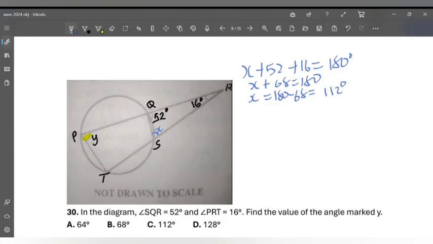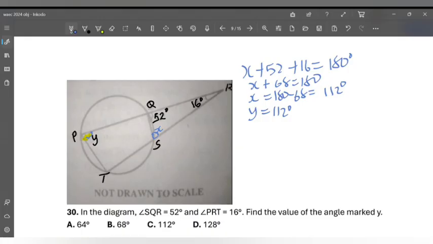Now, this particular exterior angle x is actually equal to the opposite interior angle, which is y. So straight up I can say that y is equal to 112 degrees. But if you find it difficult noticing exterior angles and opposite interior angles, then you can decide to go